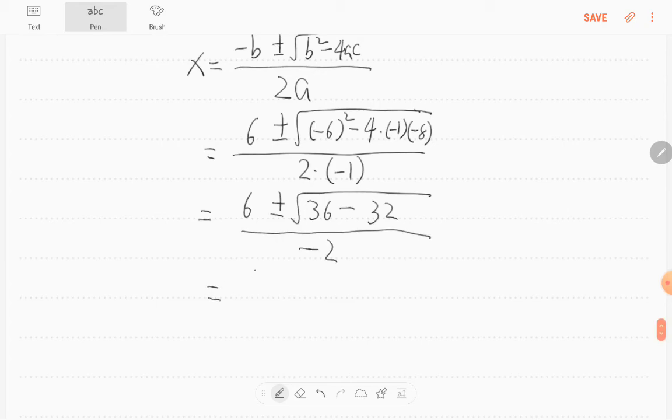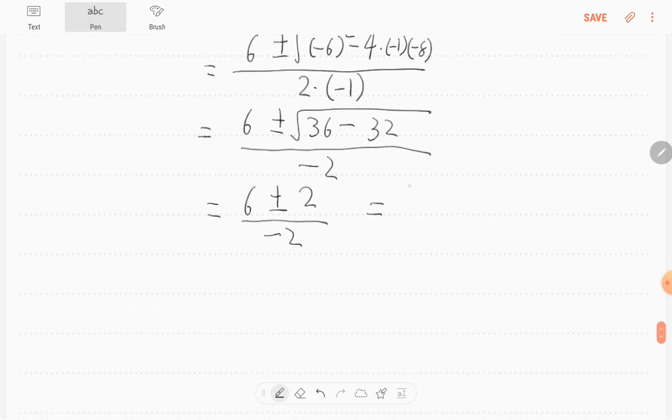So you will have 6 plus or minus the square root of 4, which is 2, right? So you will have two numbers. One is 6 plus 2 over negative 2,